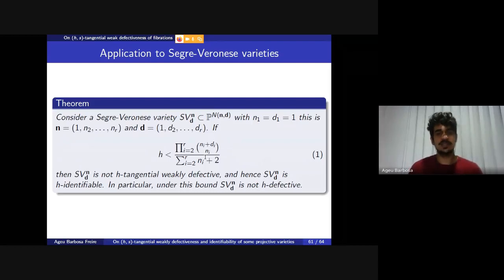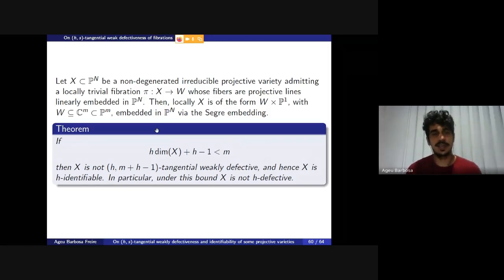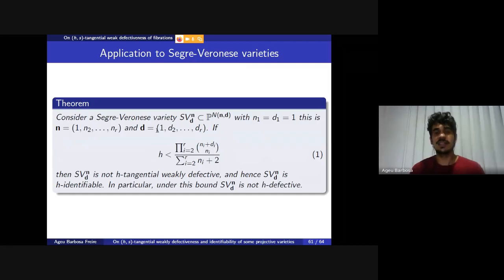And for the Segre variety, we consider the special case when one of the factors is P1. I mean, we are considering that n1 is 1, and this P1 is embedded with degree 1. Under this condition, we have a variety which satisfies the condition that it is locally a fibration with P1 as fibers, okay? Then we write the Segre variety as P1 times P^n2 times up to P^nr. And under this condition, we apply the theorem and we get this bound